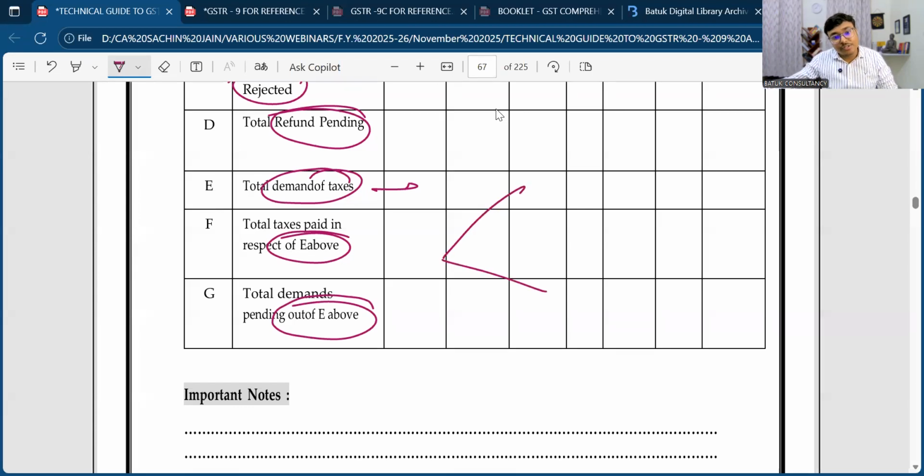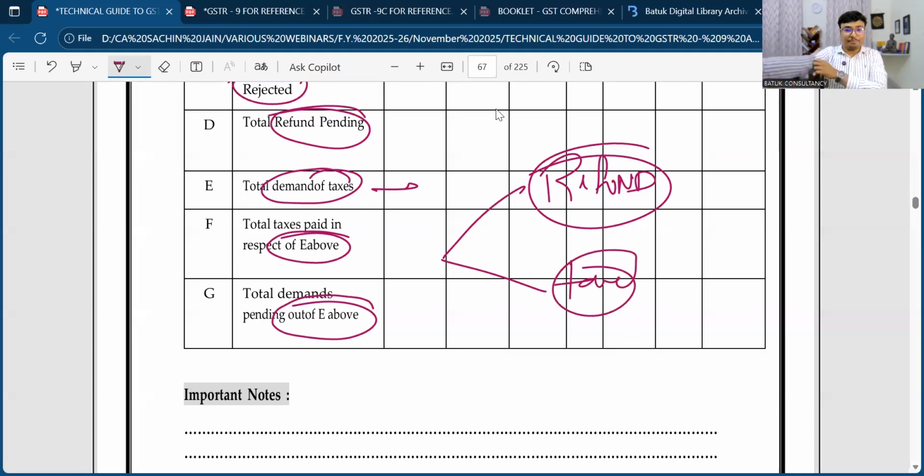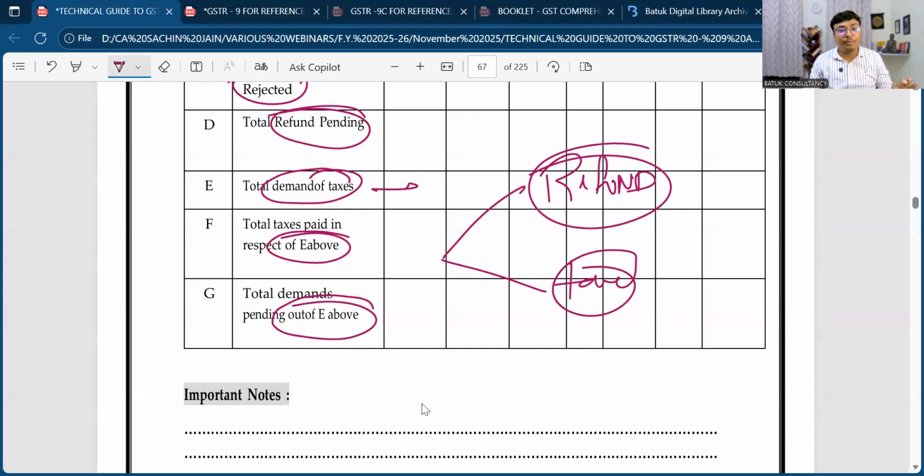So two types of optional information are there. One is on account of refund, another is on account of tax demand. Okay, so this table is completely optional. If you want to provide the data,